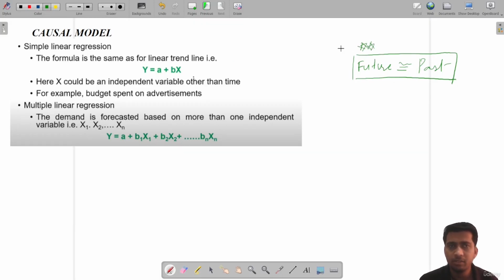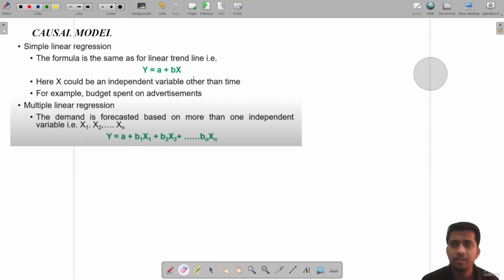There are other factors, especially if you are from the retail, FMCG or CPG industry, which affect your sales: how much promotion you are doing, how much you spend on promotions, whether there are any discounts, any price hikes, what your market share is. If these factors change frequently, you can't depend just upon your historical shipments to project your future.